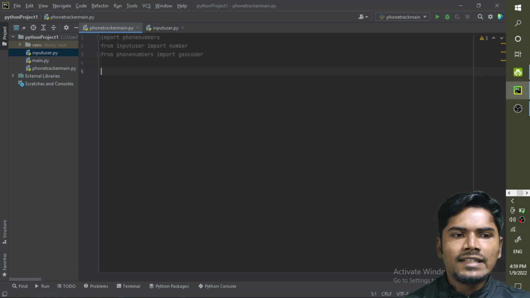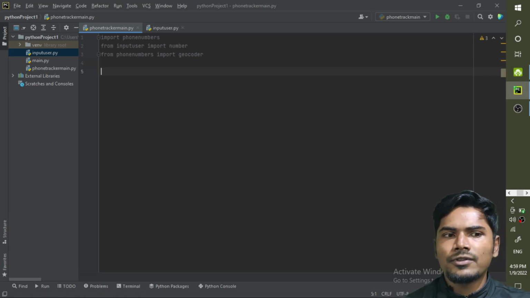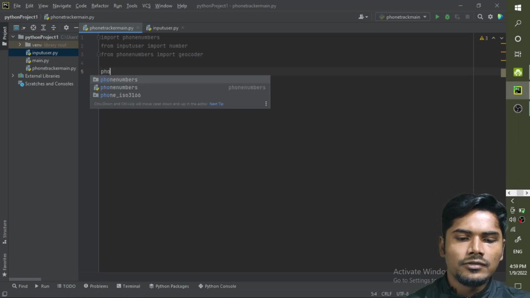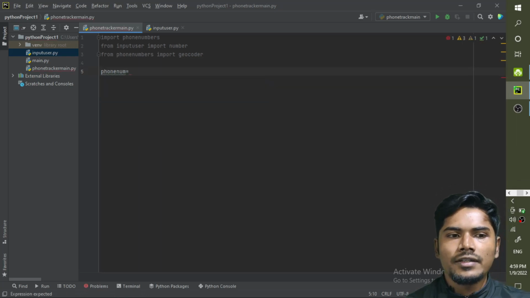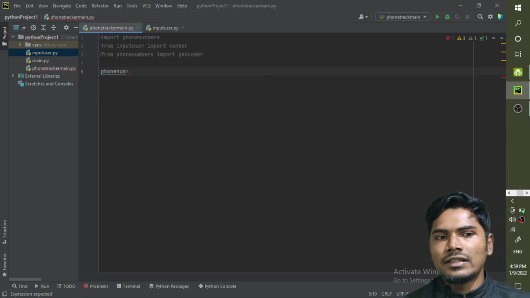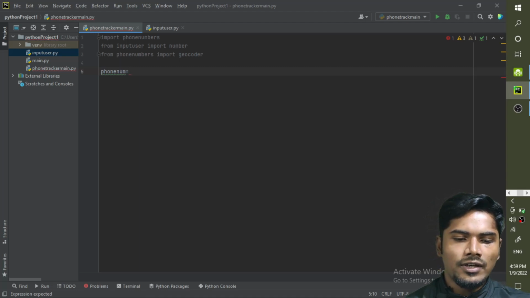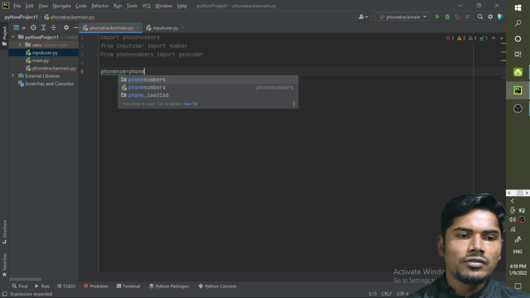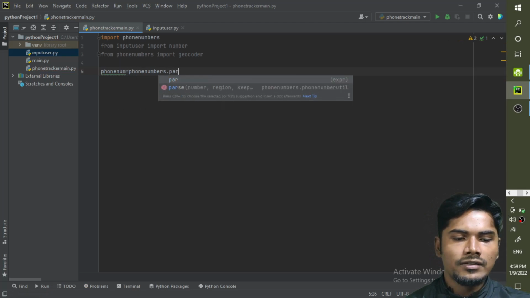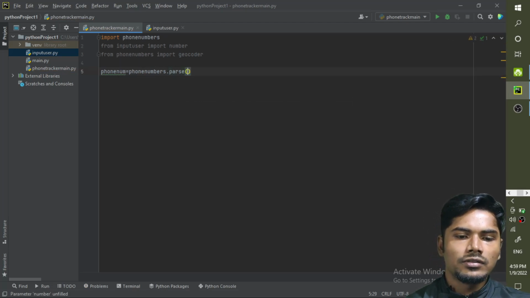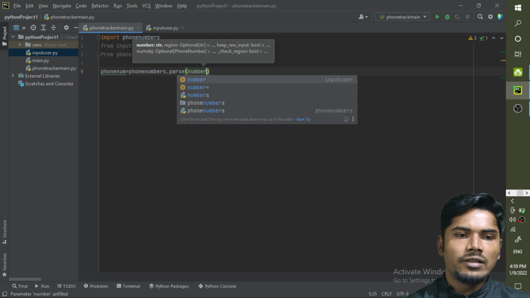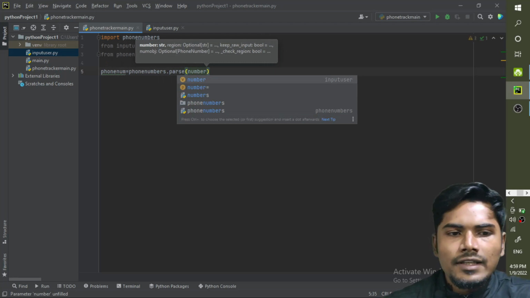In the next statement we have to define a variable, phone_num. In this variable we have to pass the number variable in the function. So the function is phonenumbers.parse, and pass the number variable. Why are we doing that?